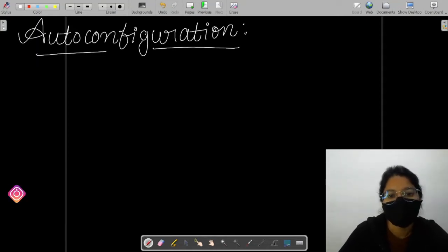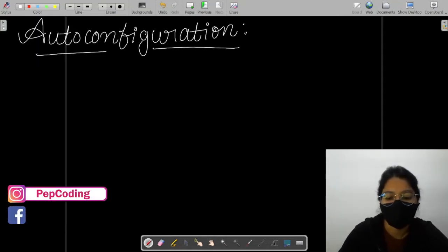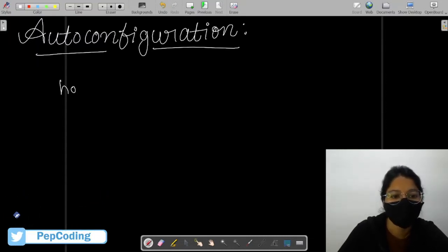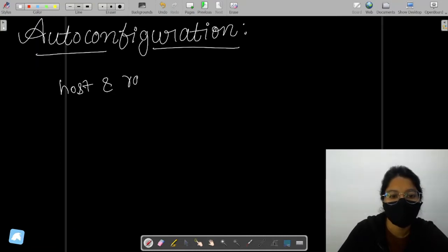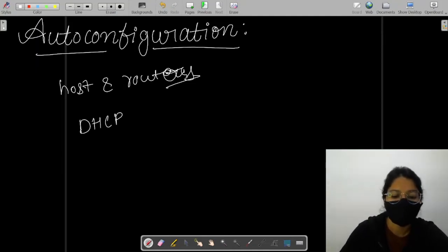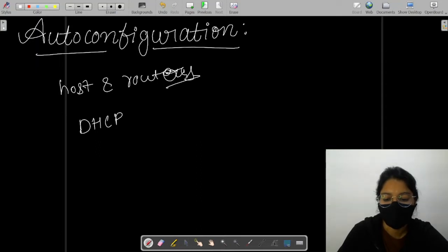As we discussed already, in IPv4 the hosts and routers are originally configured manually by the network manager. However, the Dynamic Host Configuration Protocol, DHCP, can be used to allocate IPv4 addresses to a host that joins the network. Okay, in IPv6